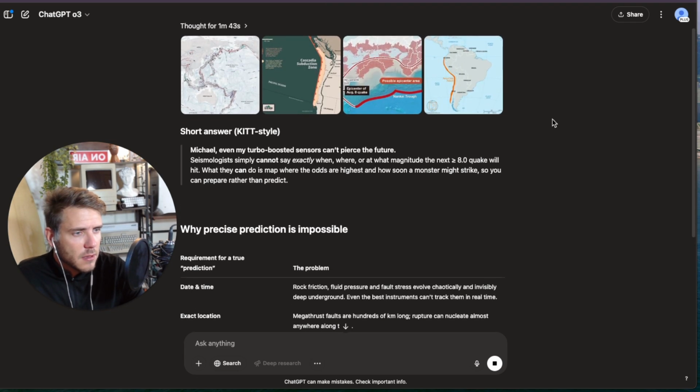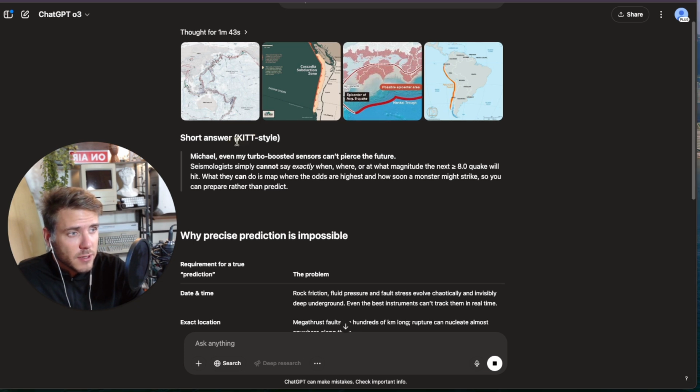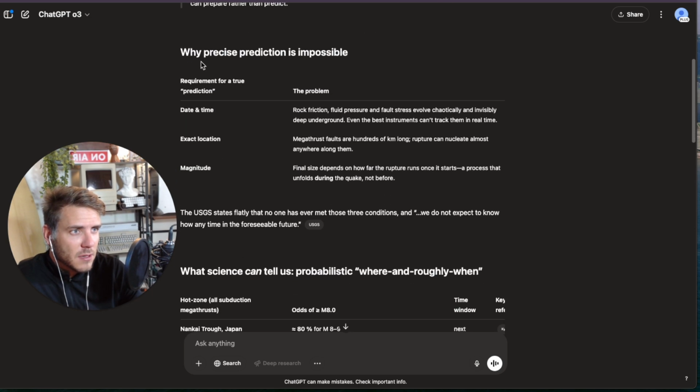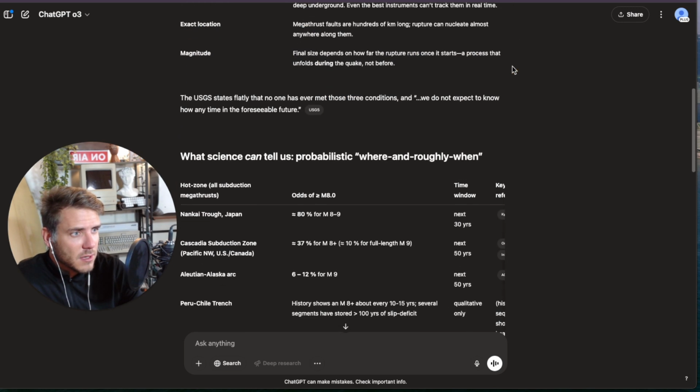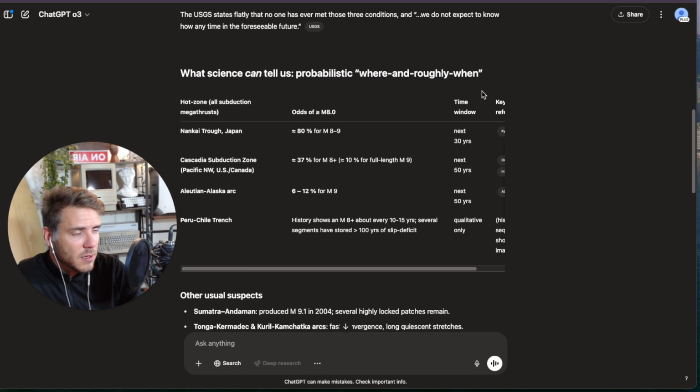All right, and yeah, in case you're wondering, I have my AI assistant talk to me like Kit from the Knight Rider TV show. So it says, seismologists can't exactly predict when, where, or what magnitude the next earthquake's going to be. What they can do is map where the odds are the highest and how soon that monster earthquake might strike. So it talks about why the precision prediction is impossible, what science can tell us about probabilistic where